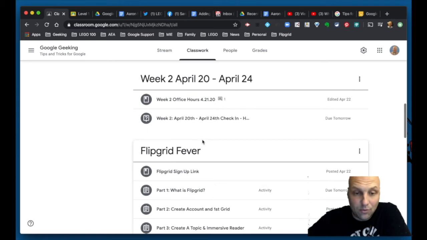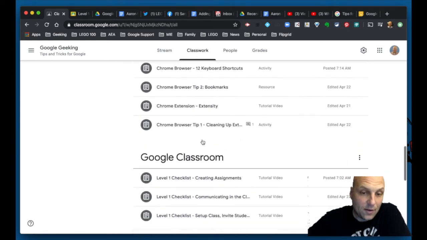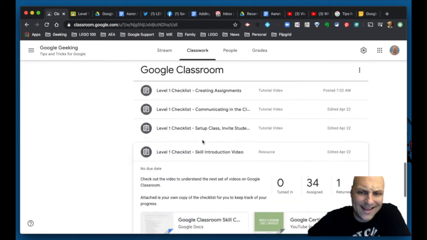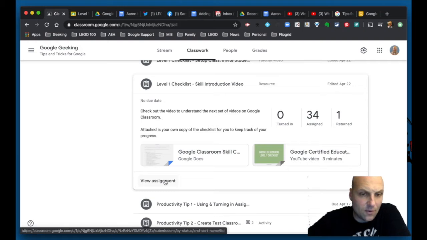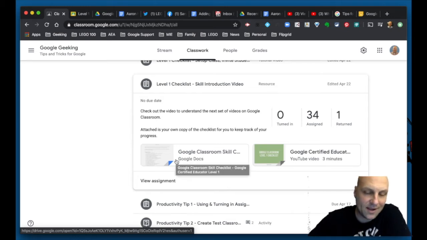And in this course, we've already done quite a bit. And so hopefully you found some things to work with there. But you can get into any assignment. And once you're there, when you open it up, you can view the assignment itself right here with this button. I can see that in this case, no one's turned it in. There wasn't anything really to turn in on this one. People have received it. There's my video, and there's the document that every kid,